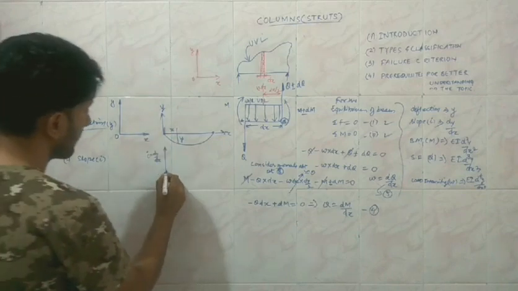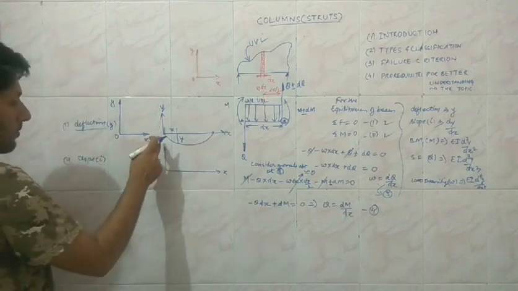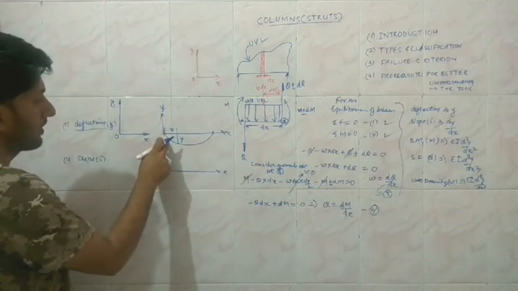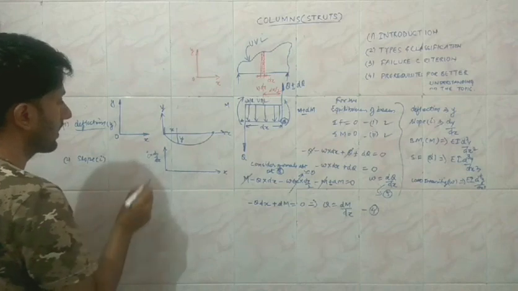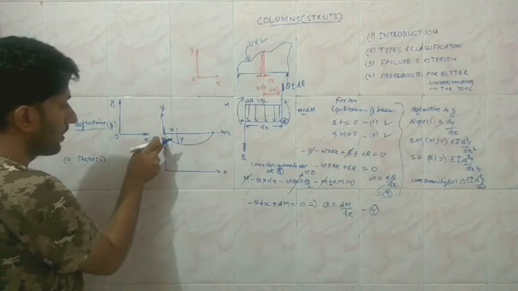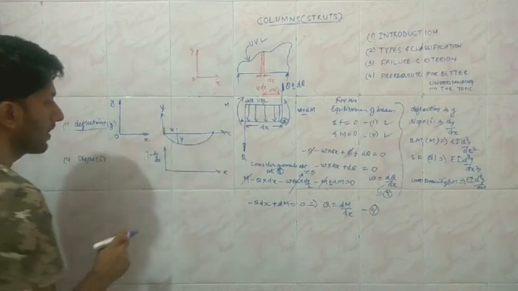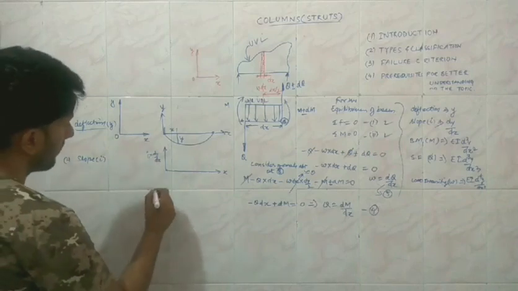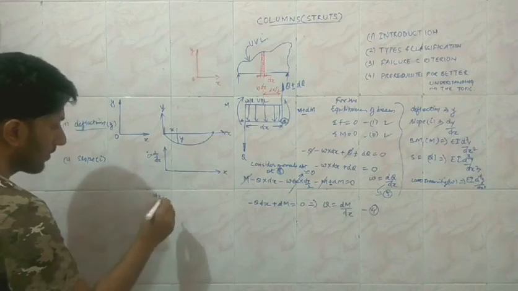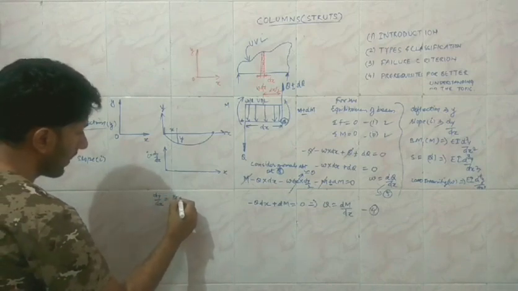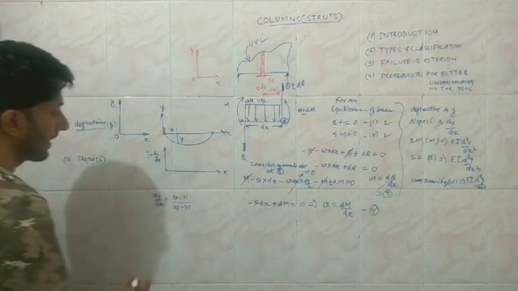Positive sign is going to be in the upward direction, and this is going to be your x direction. And from here, because we are dealing with the negative quantities of y, you will see that dy upon dx, that is when we are moving a differential distance in the x direction, then we have identified the differential change in the value of y, and both the values of y are negative. So for the differential values, dy upon dx is going to be the final value of y minus the initial value of y divided by the final value of x minus the initial value of x.